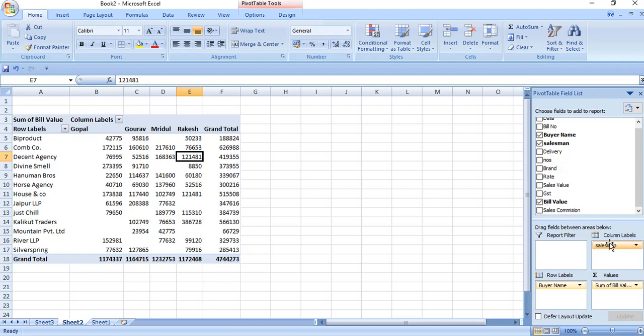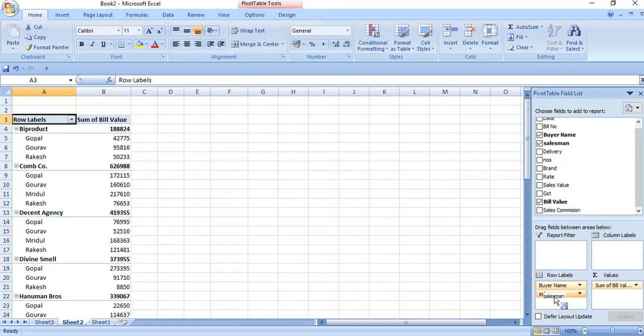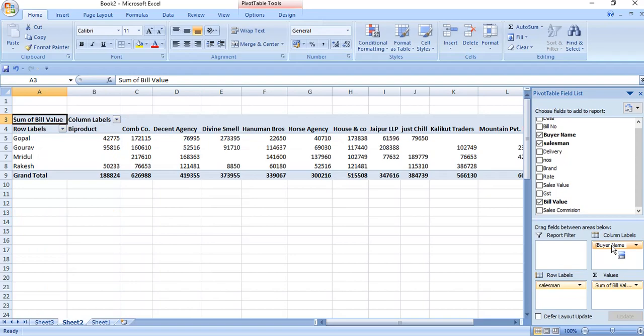We can interchange their positions. We can place salesman details in rows, and we can transfer buyer's name to the columns. So now the layout of this report has been changed.